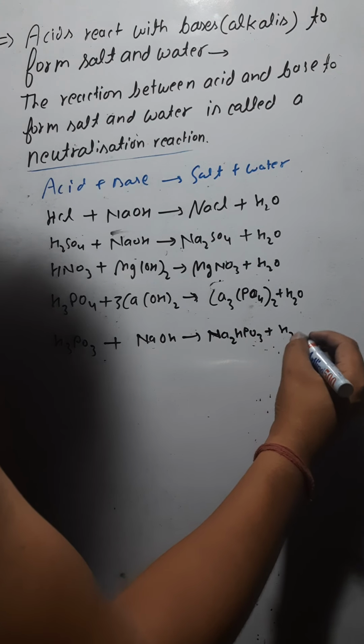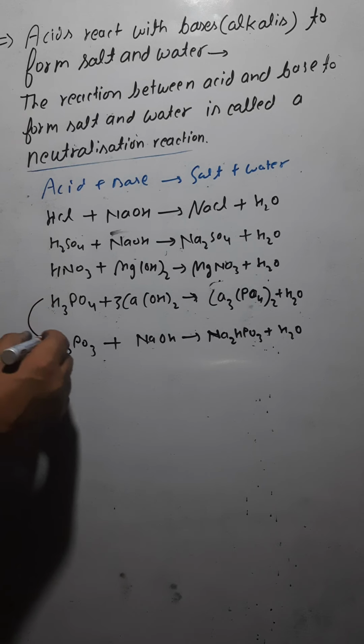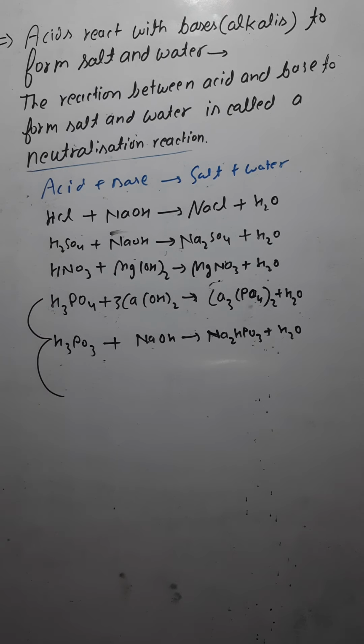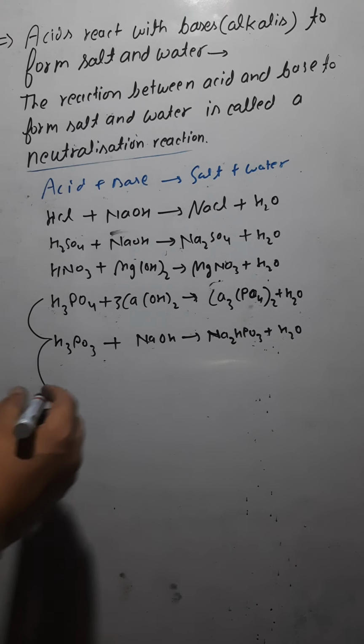Na2HPO3 plus water is H2. Okay. Then one more acid. These are all the same kind. Okay. H3PO4 is phosphoric acid, H3PO3 is phosphorus acid. Then one more, phosphinic acid, you have, and it is